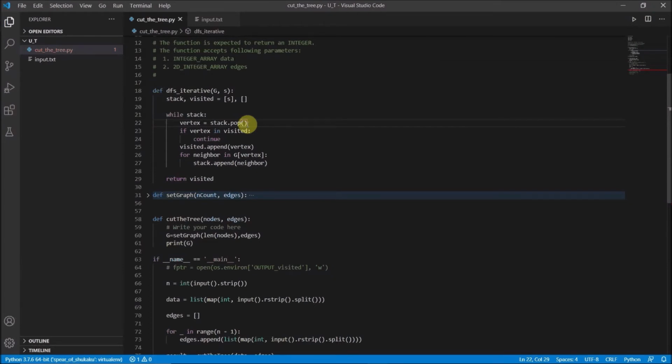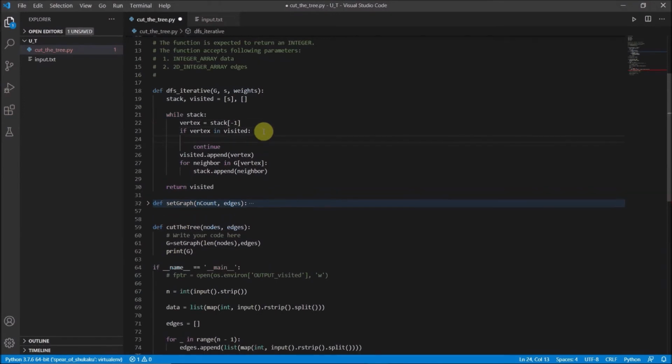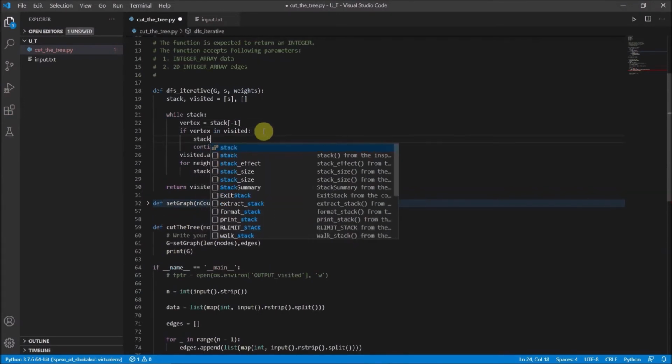So we would not want to do that because we are performing a bottom-up approach. So if we pop the element from the stack, there won't be the element to sum up the weights. It will take an additional parameter, which is the weights. I would quickly like to change two things around here. One is we are popping out the rightmost variable every time, and the other one is that we are appending the neighbor even if it is visited. Let's quickly change that. If the vertex is visited, so we want to pop it here.